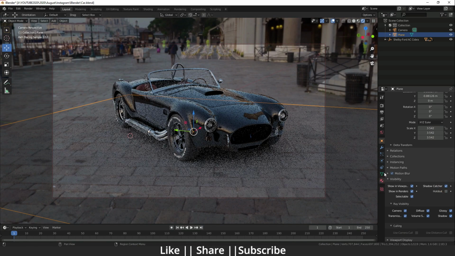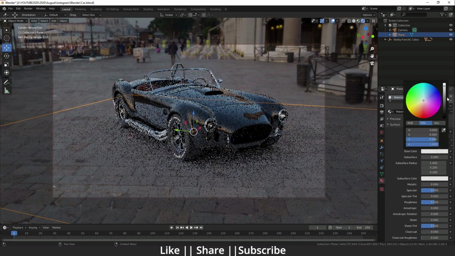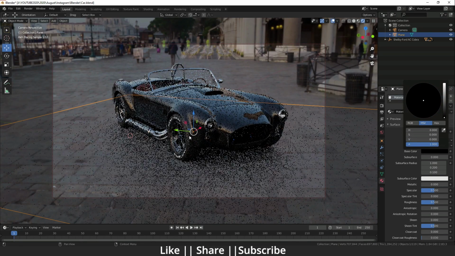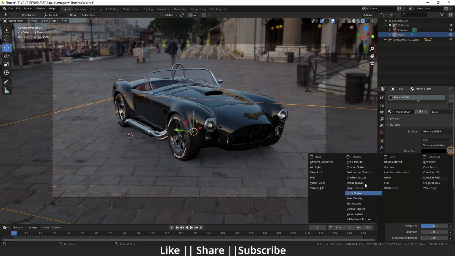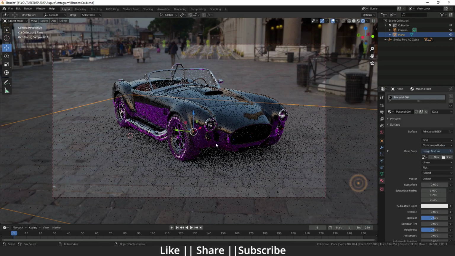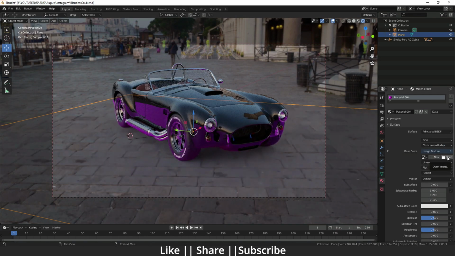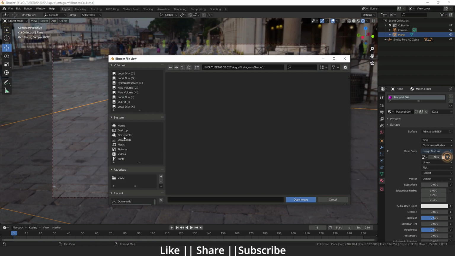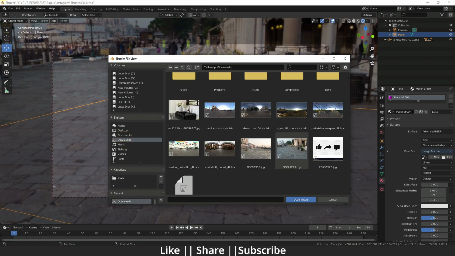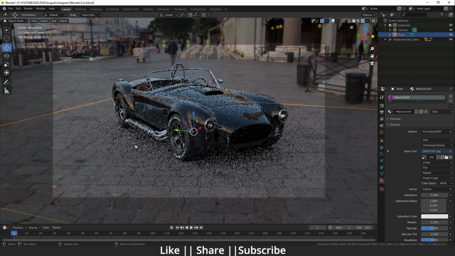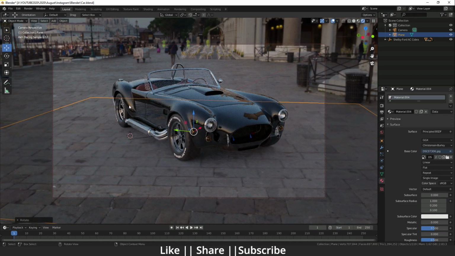And if I change the color also, you can see it changed the color, but it does not look very realistic. So for that what you have to do, you have to just click on that base color and add one image texture. When you click on the image texture, it will ask for the image, so you have to go to the downloads, click on that backplate image, and now here you can see we have some image here rather than the white patch. Okay, so that is cool.